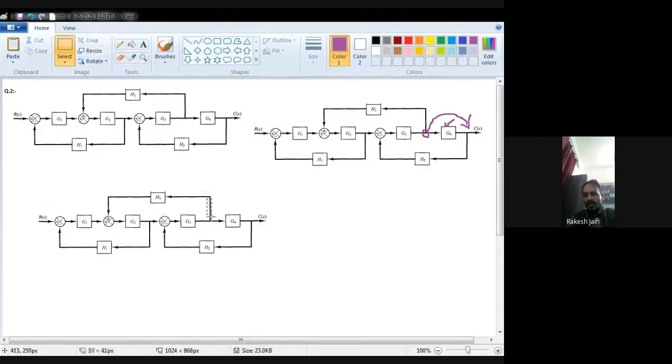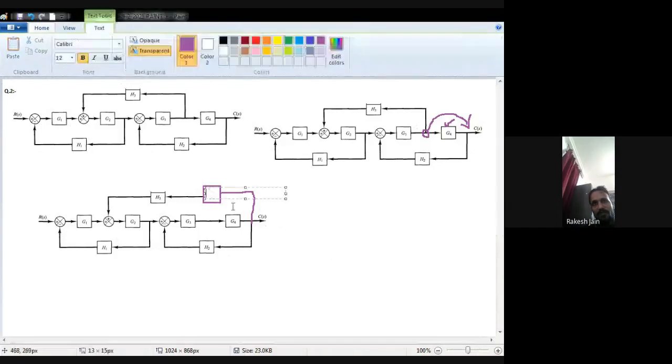So what I am going to do, I just do here. Kindly look at this, this is my diagram. This is my step number first actually. Now see very carefully. What I do, I just remove this one because I move the pick off point just after the block. So I just move it here. Now my pick off point moved from before G4 to after G4.